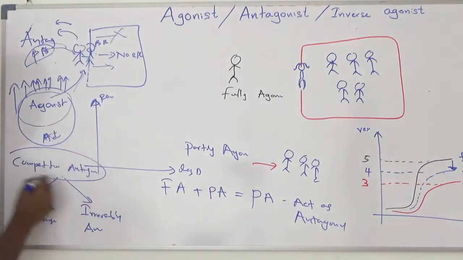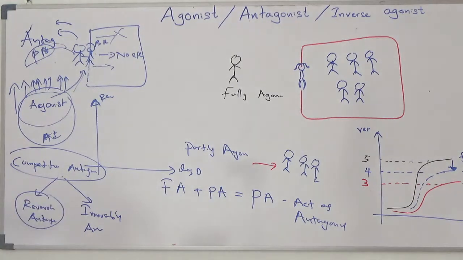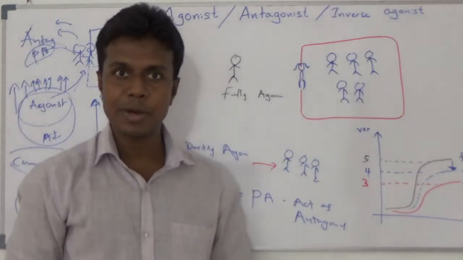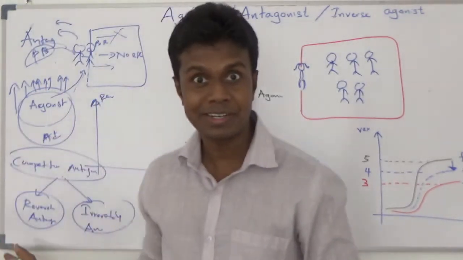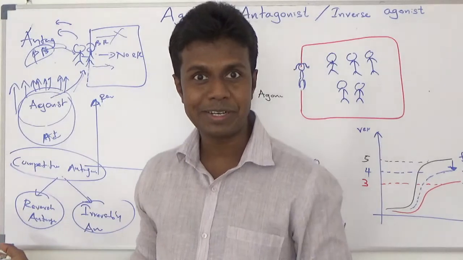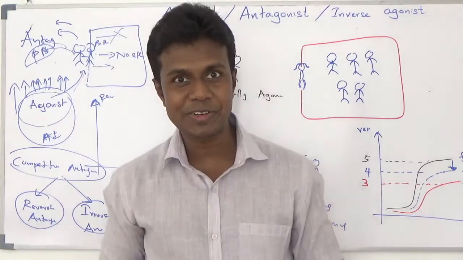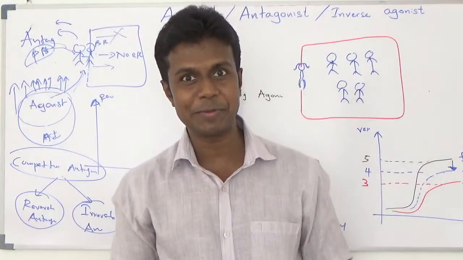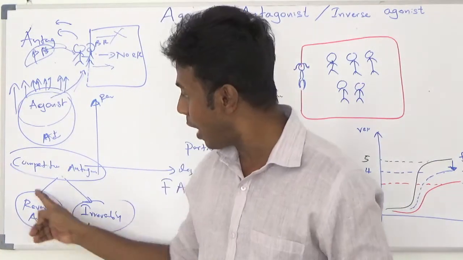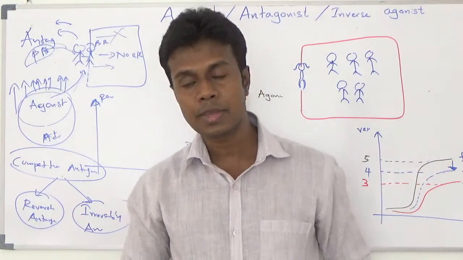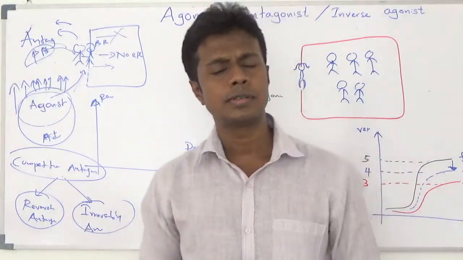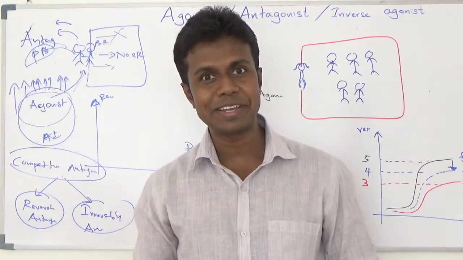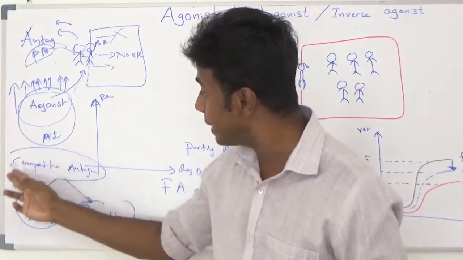Your competitive antagonism can be divided into reversible antagonism and irreversible antagonism. Your marriage proposal may be reversible, or may not be reversible. If you found a good girlfriend, it will be reversible. Or if you have family support, it will be reversible. If you do not have family support, sometimes you have to spend your whole life with that guy, that marriage proposal guy.